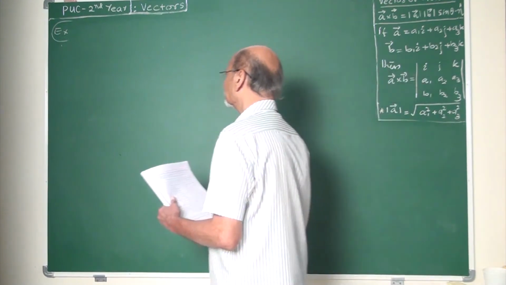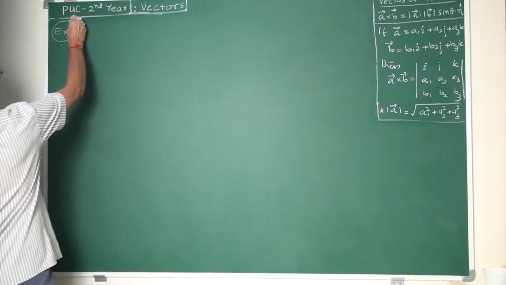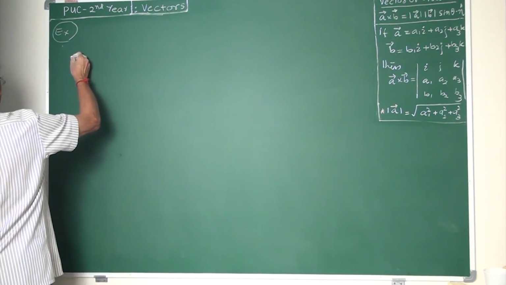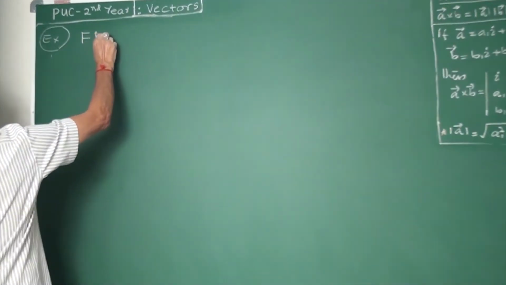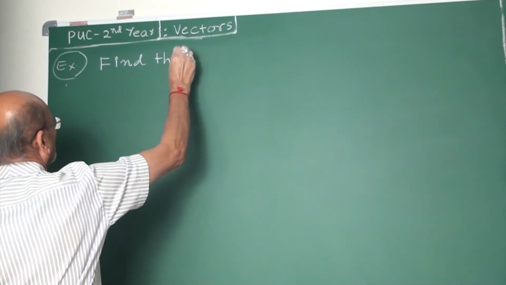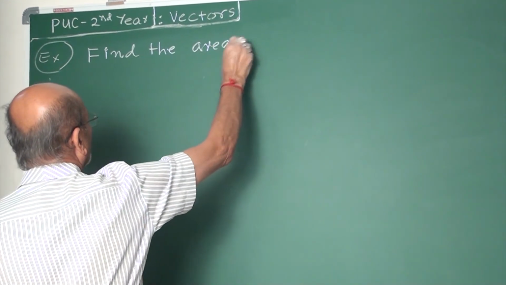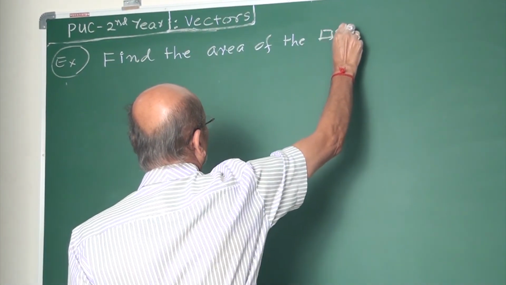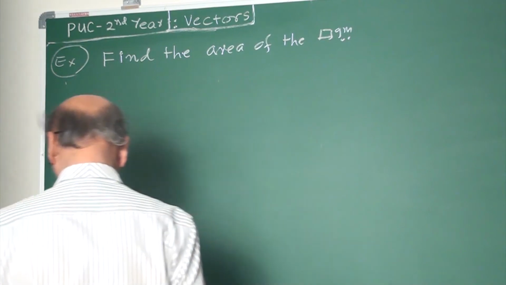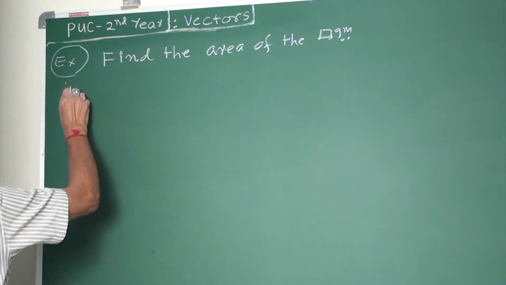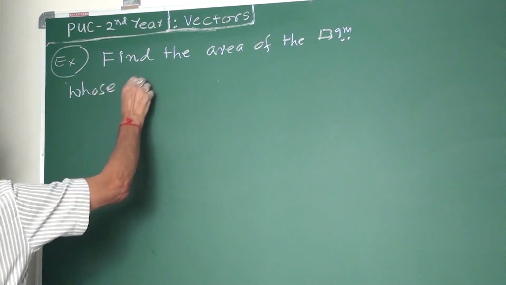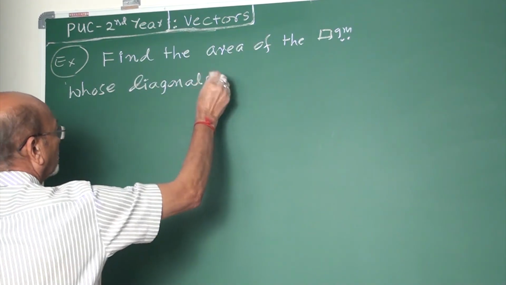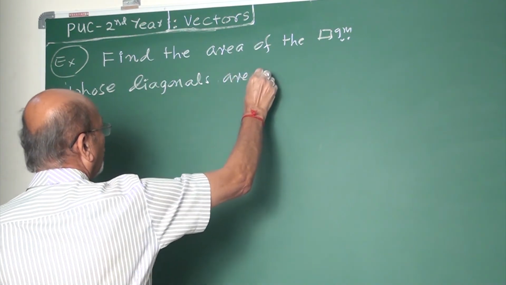Yes, friends. Next example, 5 or 6. Find the area of the parallelogram whose diagonals are the vectors